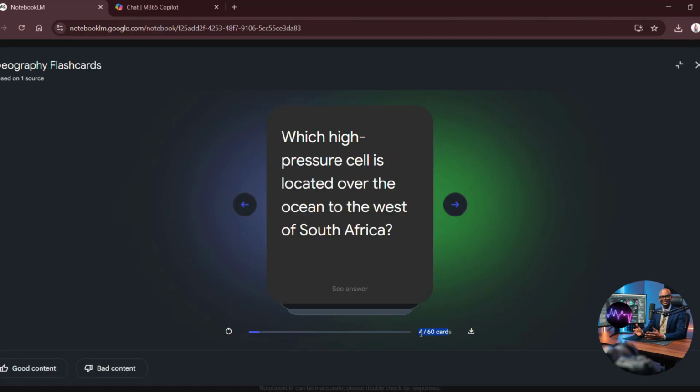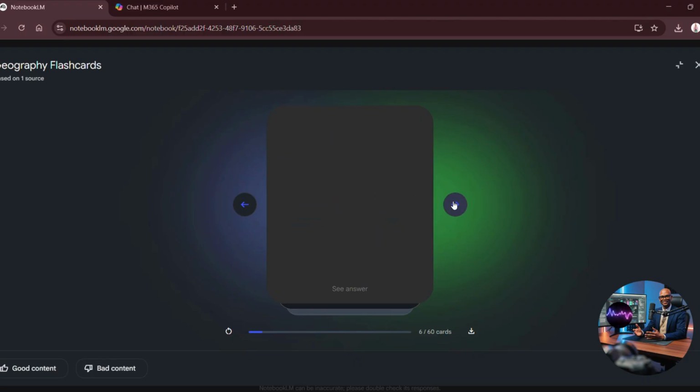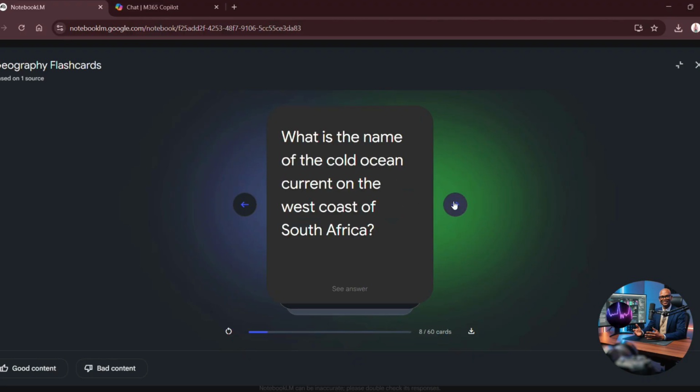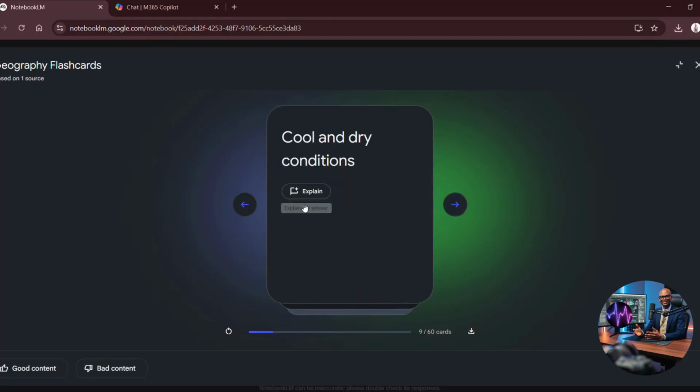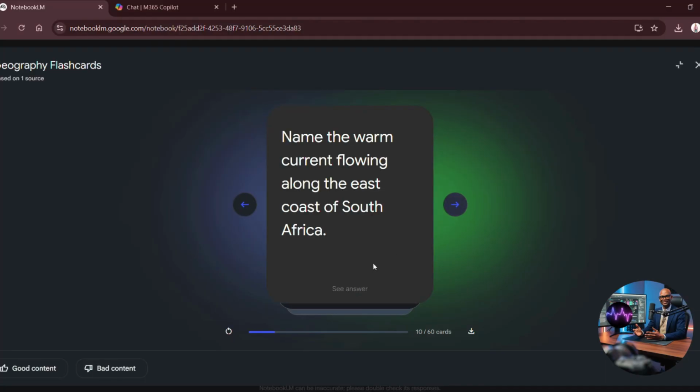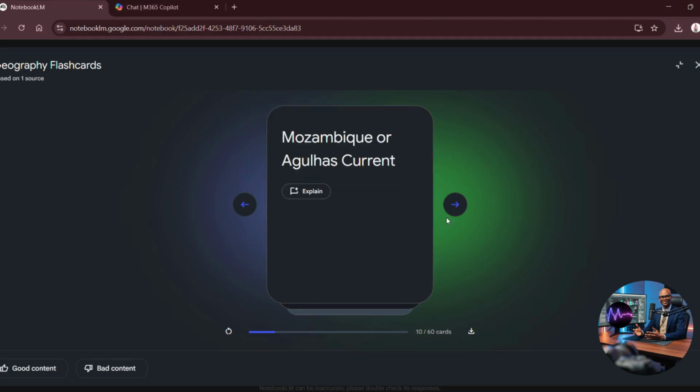There they are. It gives you something like 60 of them. So under the flashcard, you can be able to see the answers underneath. So this can also help you to brainstorm questions with the learners and be able to play along the answers for each and every topic that you can come up with.